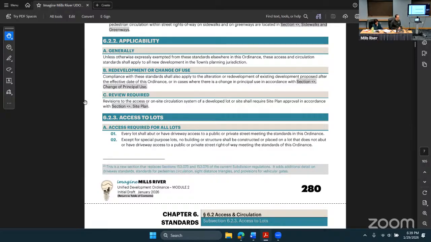Anyway, the applicability standards are structured so that when somebody does choose to make a change on their site, again, whether that's a change in use, or redevelopment or some kind of alteration, expansion, at that point, that development would need to come into compliance with the standards in the UDO. Okay, so